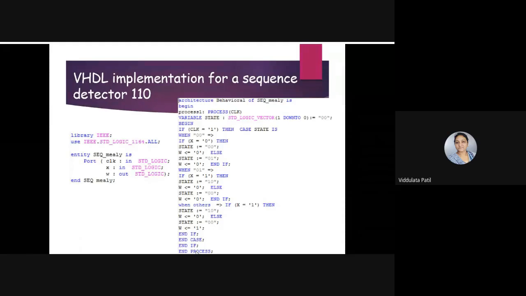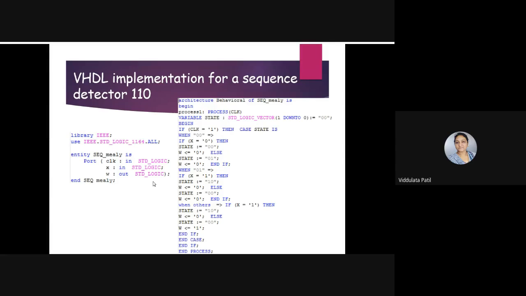have stated different statements. Okay, so as for this sequence detector we have two input ports, that is the clock and X. Okay, so X, that means it is the input, and W, that is the output port that we have for this circuit. Okay? So depending on the rising edge of the clock it will change its state. Okay, at the same time it will check for the input. म्हणजे त्याच्याप्रमाणे तुमचं क्लॉकची रायझिंग एज आणि त्यावेळेला तुमचं असणारं इनपुट याच्या आणि शिवाय करंट स्टेट यावरती तुमचं आउटपुट डिपेंडेंट